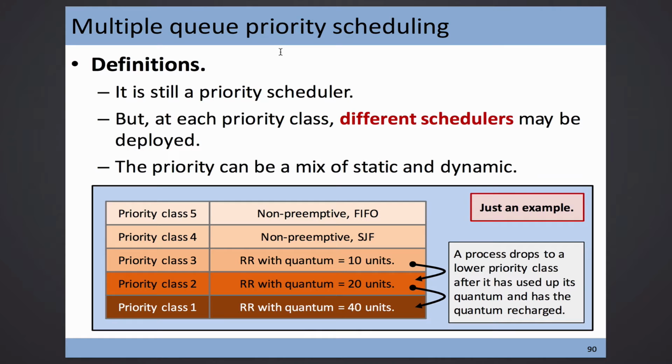So this is the design in that book, which claims that it's Windows NT. I wanted to find the proof. I wanted to find it in Windows Internals on NT, but I cannot find it. So yeah, just believe in what I said, though maybe what I said is wrong. So this is about multiple queue priority scheduling in Windows.